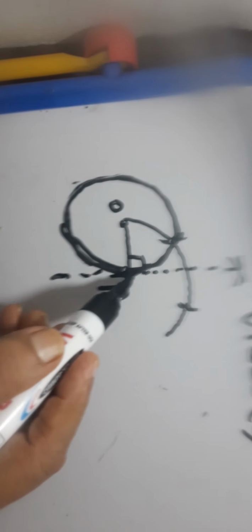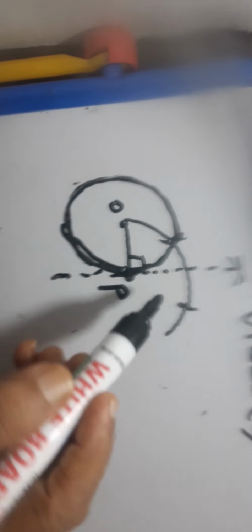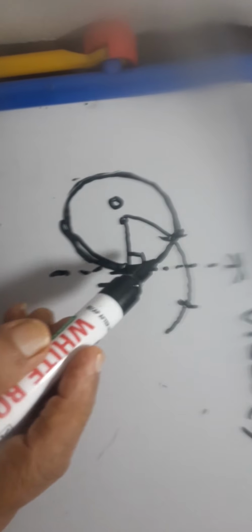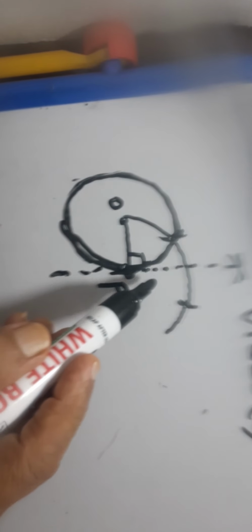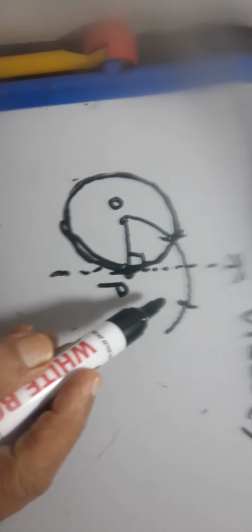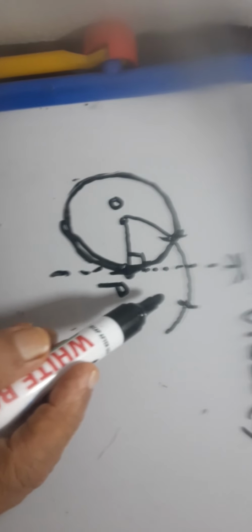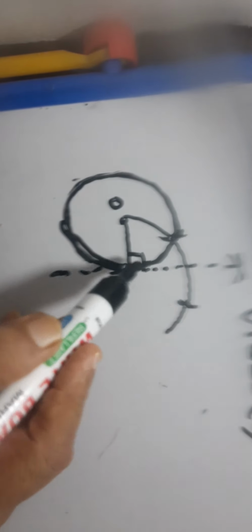So at the point P, when you are drawing a tangent, what you should do? First of all, you have to join that point to the center of the circle. Then with center P and radius, same radius you can take. But actually you can take little less also, but you have to be a little careful there. Now if you take the same radius, no problem at all.